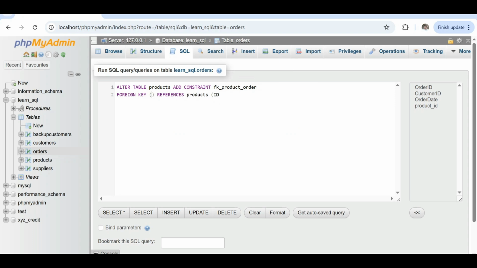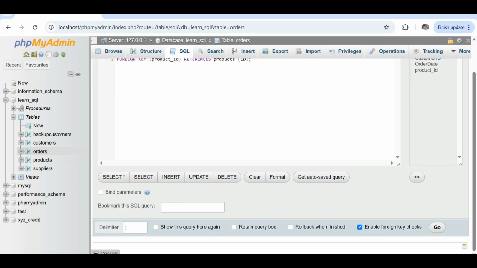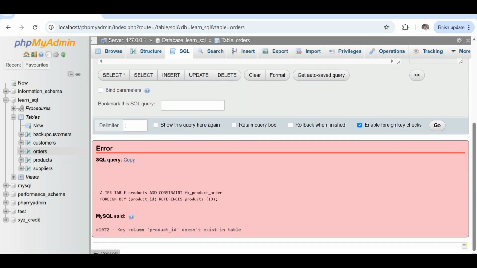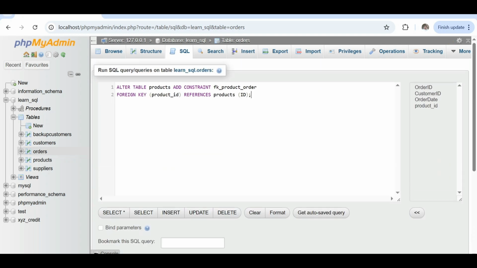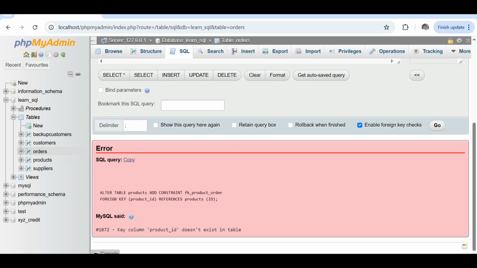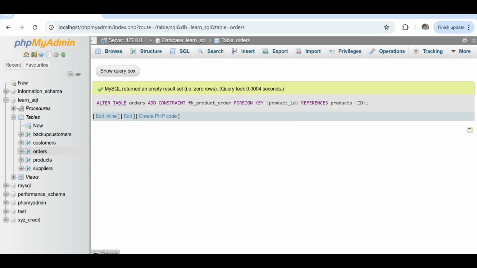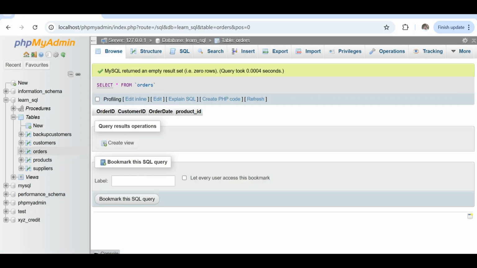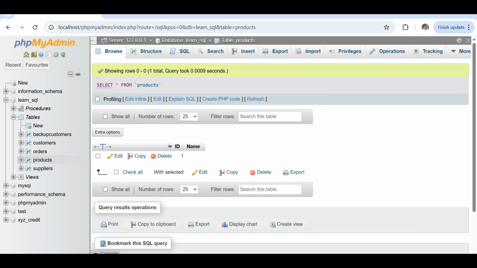Sorry, this must be product ID. Okay, and go. Oh sorry, orders. And this is successful. Now the product ID is linked to the ID in products.